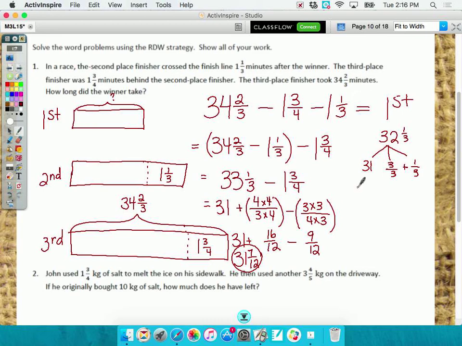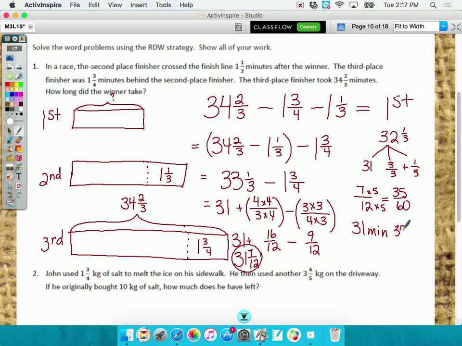Now, in order to do that, I'm going to take that fraction 7/12 and make it equivalent to blank 60ths, because how many seconds are in a minute? 60. So what do I need to do? What am I doing to the 12 to get 60? Multiplying it by 5. So if I multiply the 7 by 5, 35 out of 60 seconds. So 31 minutes